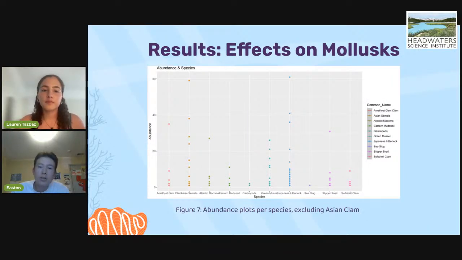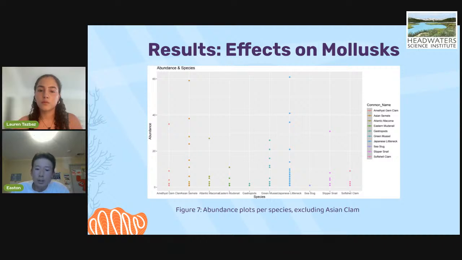So, the effects on mollusks. All in all, factors that reduce water quality include higher levels of SPM, lower levels of oxygen concentration, lower levels of salinity, and lastly, higher levels of discrete chlorophyll A, which leads to higher levels of nutrients such as ammonium and phosphate. This reduction in water quality creates favorable conditions for invasive species since they've mostly adapted to it, while reducing habitat quality for native species.